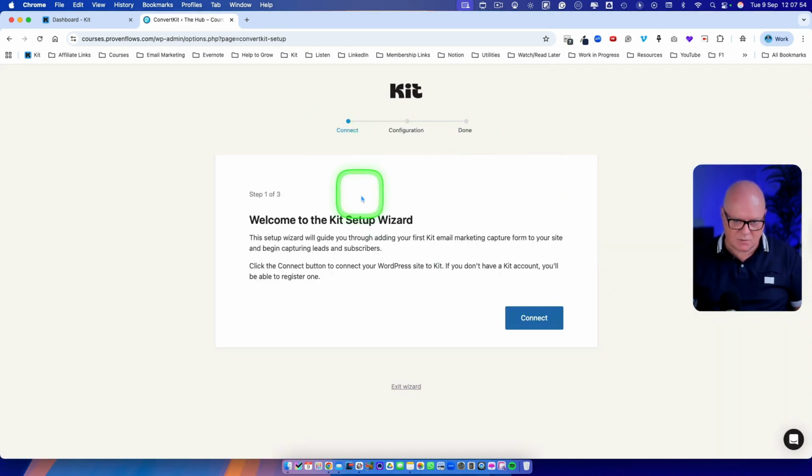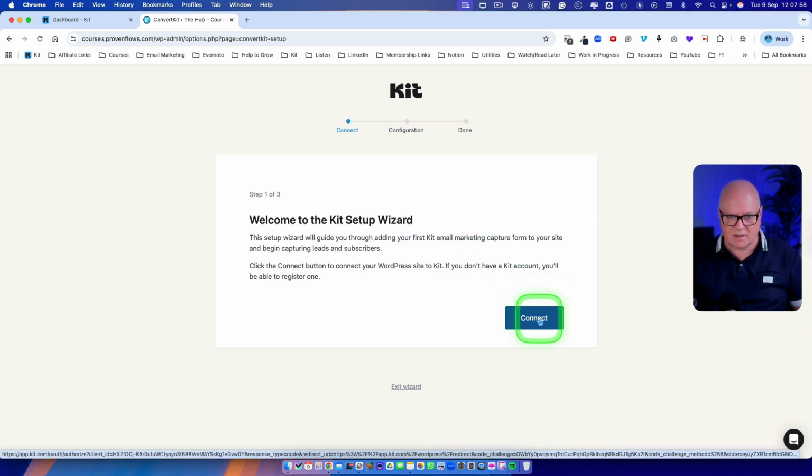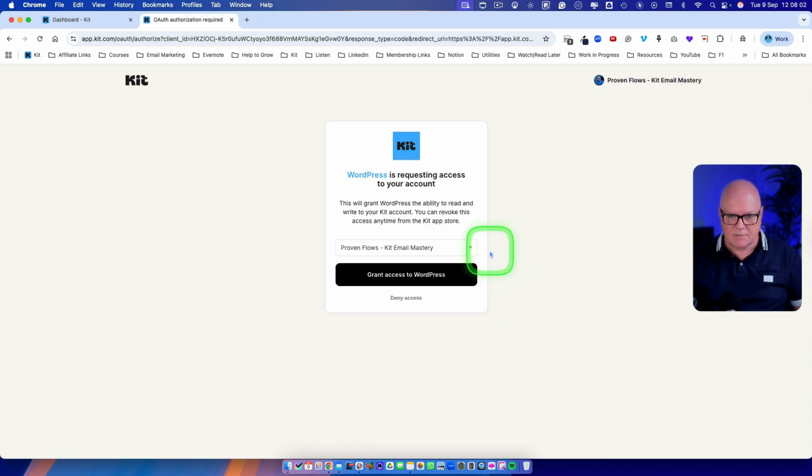and it brings us into this wizard here. So first thing it's going to ask us to do is connect our Kit account to the WordPress site. I'm going to choose the Kit account I want to use to connect to this. I'm going to choose my demo account, and then I'm going to say grant access to WordPress. So I'm going to click that button,